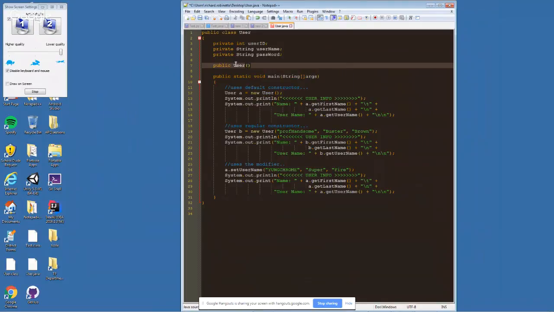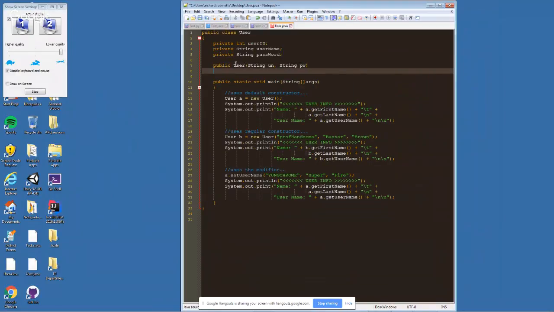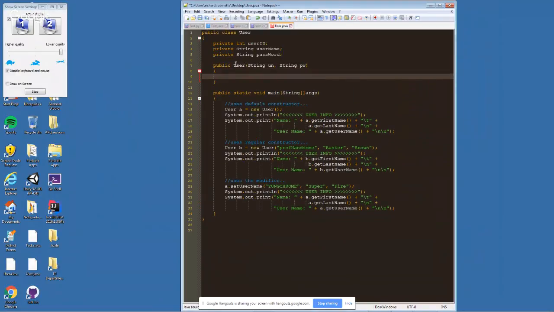Username, let's go with string UN, and my password string password, right? Now, why am I not putting a parameter in here for user ID? I definitely don't want to pull that in from the outside, right? I would probably set a user ID to something random. So I would say,